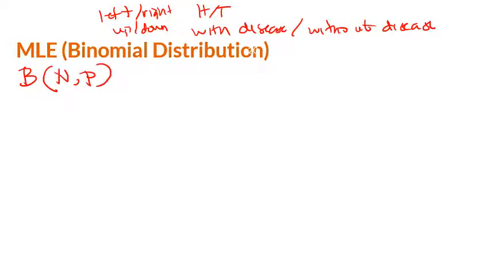Yung n natin is yung number of spaces, total number of your population, total number of your subjects, etc. So actually class, technically, itong n na to, this is a very large number. So ang main parameter natin for the binomial distribution is your probability P. Okay, so we are trying to estimate your probability P. So given a collection of your sample